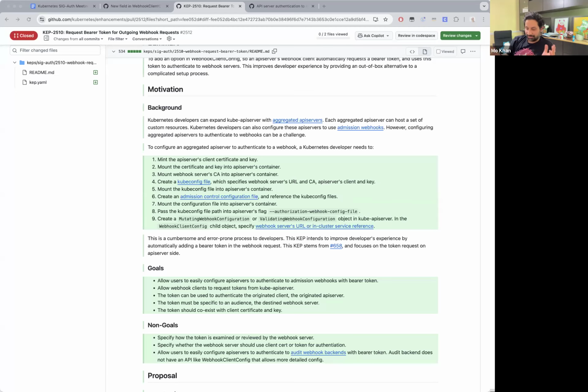And so if we think about service account tokens as the mechanism, right? Aggregated API servers and the Cube API server can both use service account tokens, but so can any other workload on the cluster that can have a pod. So it couldn't just be all service accounts from the cluster. Yeah, so there would have to be some way of saying, I meant for this one to be able to call that webhook. Right.